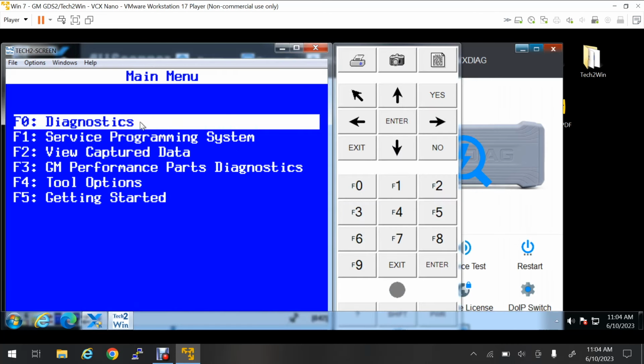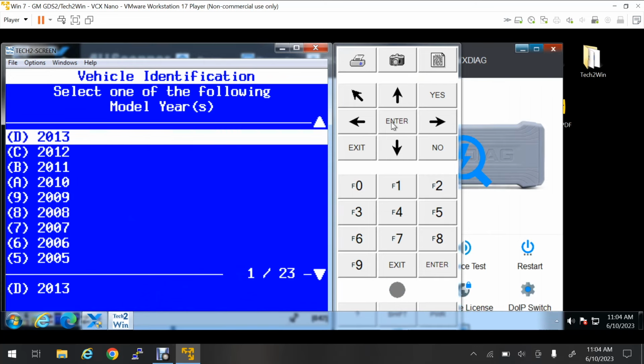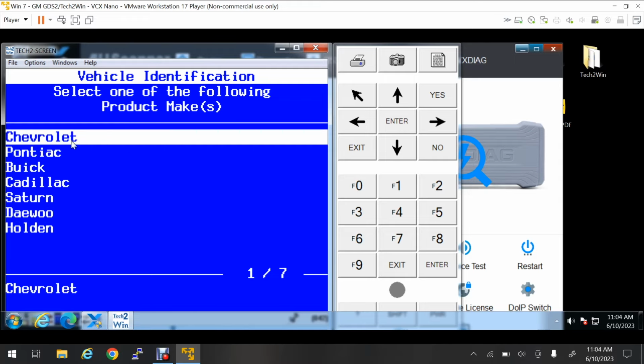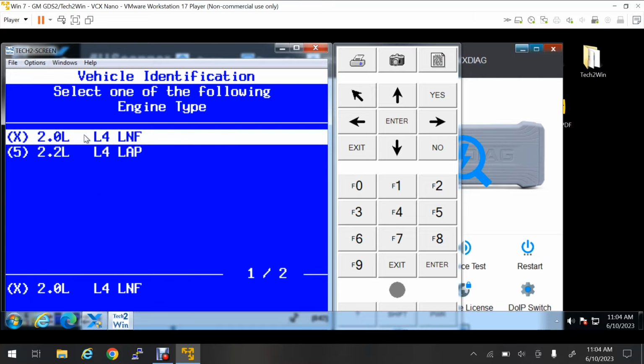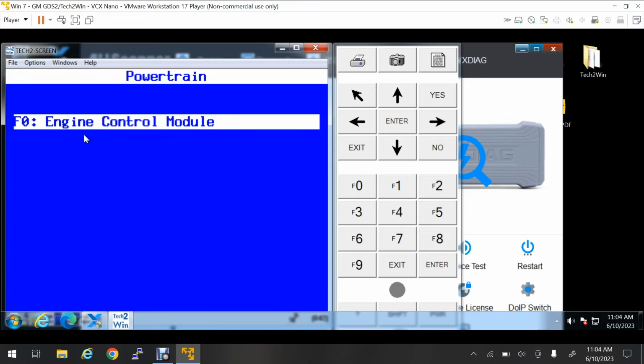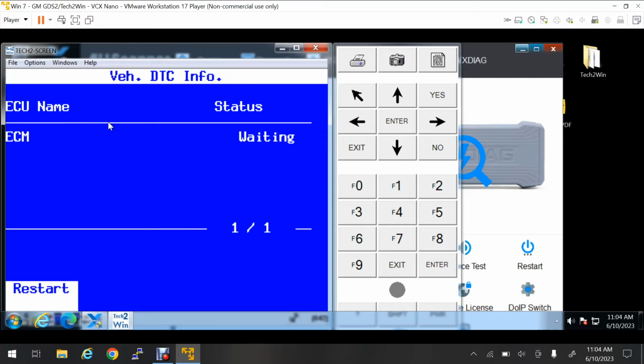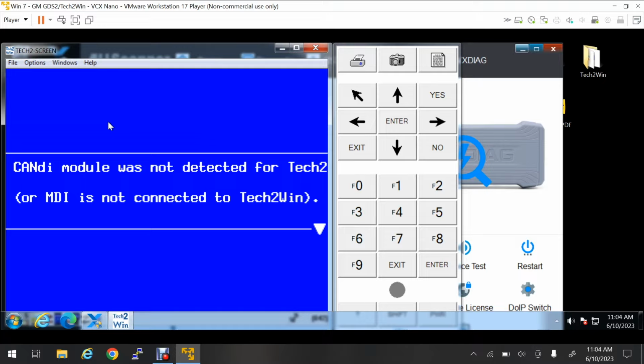And we go, let's go diagnostics. And we'll say it's a 2010 passenger car. It's a Chevrolet powertrain, 2 liter, engine control module, DTC display. Oh, okay, so it's going to say the CAN module is not detected. That's because it's not actually plugged into a car with CAN bus. Once you plug this into a car with CAN bus, then the CAN module will load. So we'll have to go to something